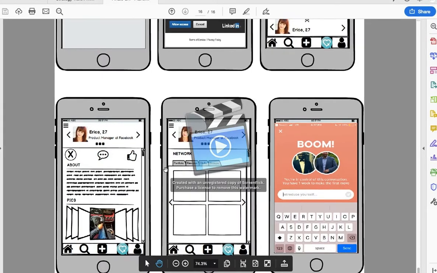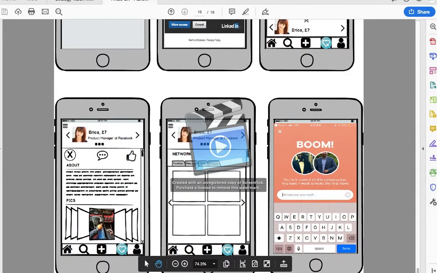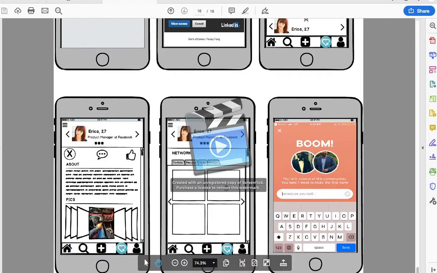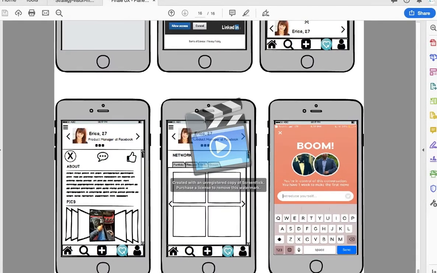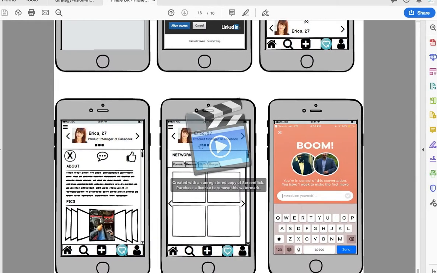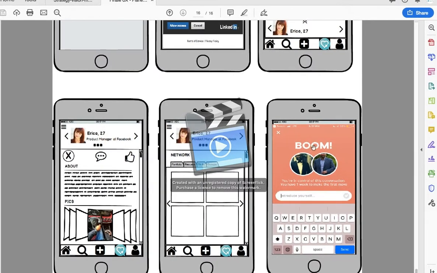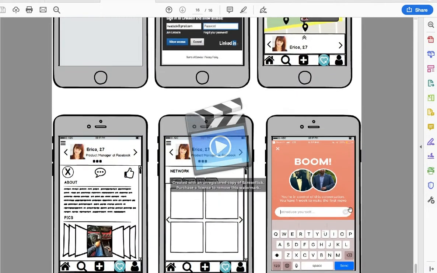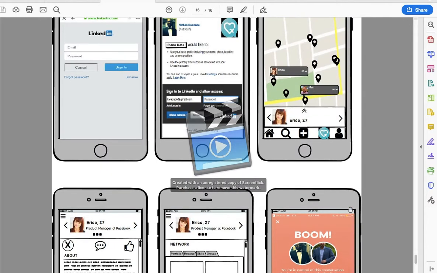The only other thing is, if they scroll down, they can see the network, so they can see the portfolio, resume, skills, groups. But again, use your artistic license to make this part nice. And then, of course, if they click and there's a like, then there's a match, and that's right there. So this side is for the networking.